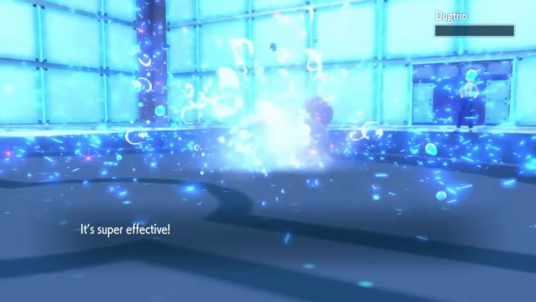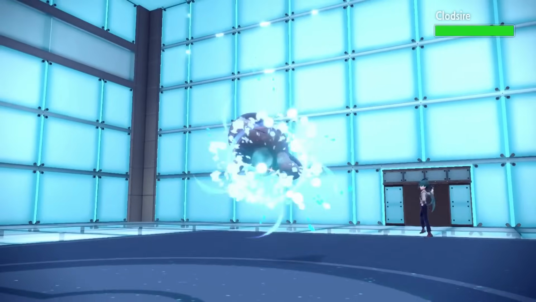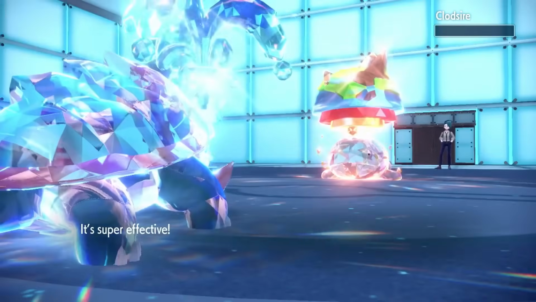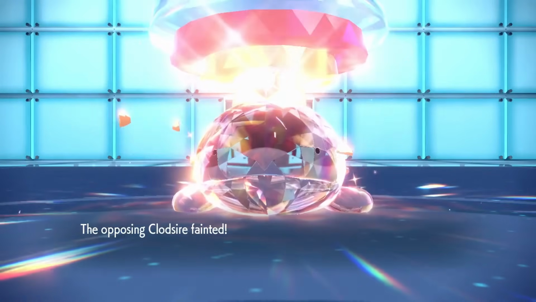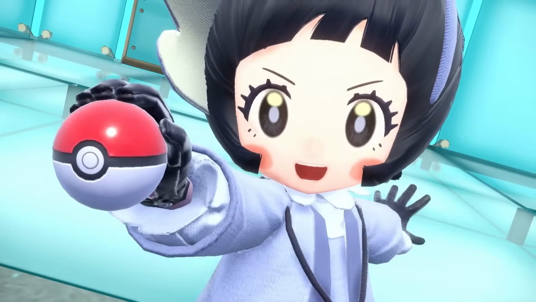Liquidation then proceeds to one-shot Dugtrio and Camerupt, but Rika's last Pokemon Clodsire has Water Absorb. But a Strong Jaw boosted Ice Fang is able to one-shot it instead, beating the first threat of the Elite Four. There was no time to rest though, as things only get worse as I'm challenged by Poppy, the Steel type user,